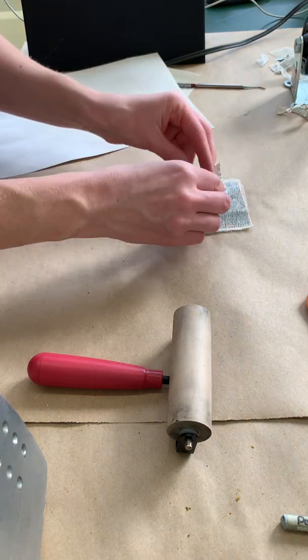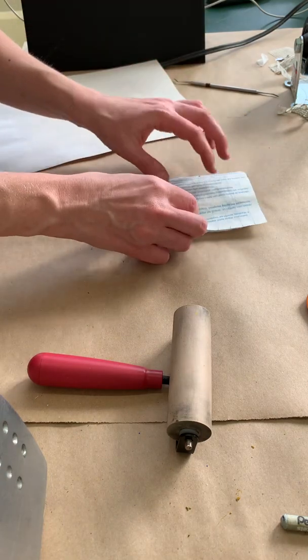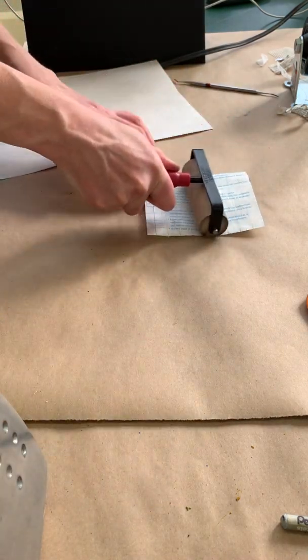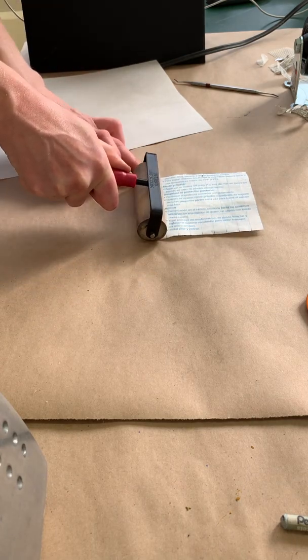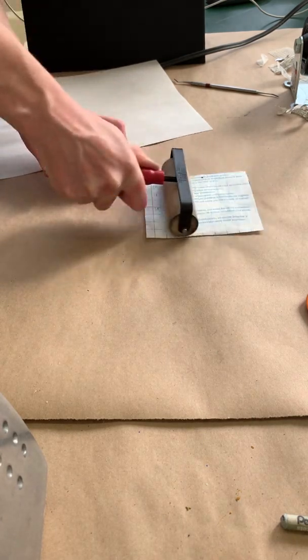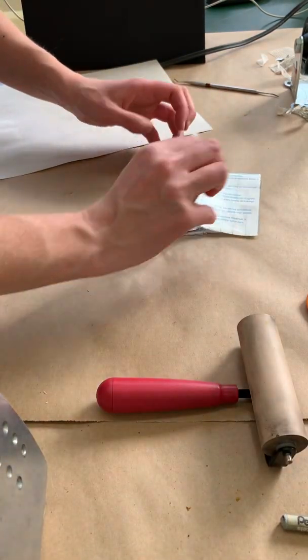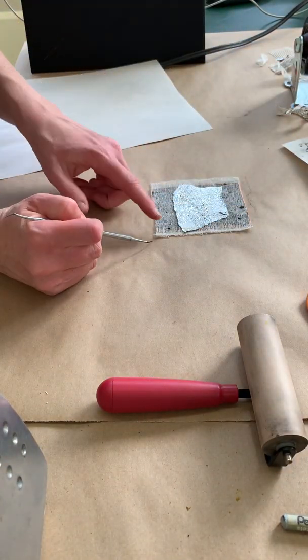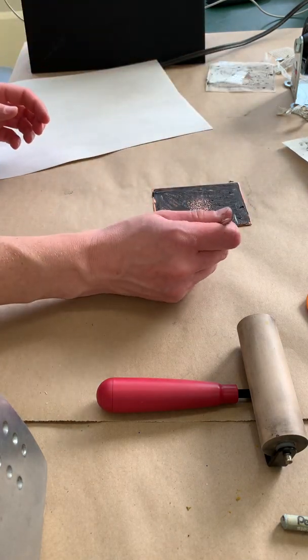All right, so let's see if that works. Yeah, so that ended up giving